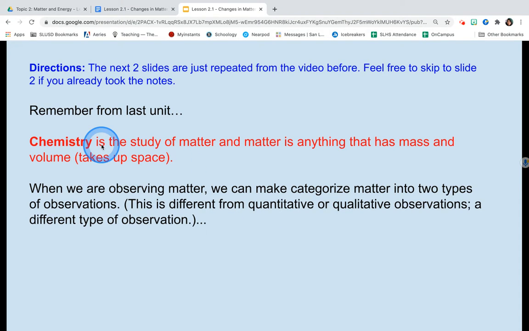So recall that in the last units, we know that chemistry is the study of matter, and matter is anything that has mass and volume or takes up space, right? So this definition you should already have down. And when we're looking at matter, we talked about two ways we can observe them. We can look at quantitative, meaning I'm observing in numbers, like counting how many of something I have, or the length of something or the density of something. Anything using numbers is quantitative. Qualitative is describing with words, right? So anytime I'm using words to describe what's going on, like the color or the flavor or the texture,